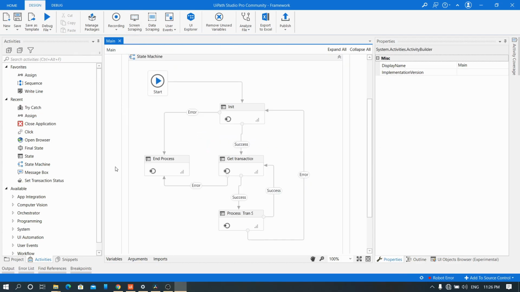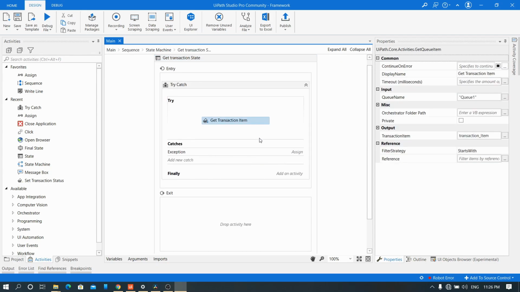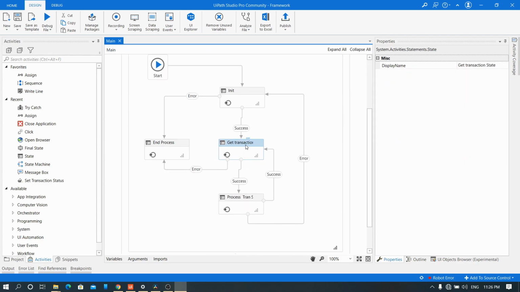We forgot to add one condition in the process. If all the transaction items are used, then while fetching the transaction item, we'll get the null value. So if we get the null value, we don't need to continue with the success flow. We need to end the process.